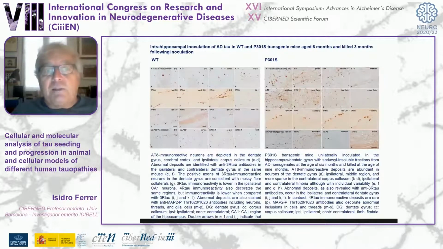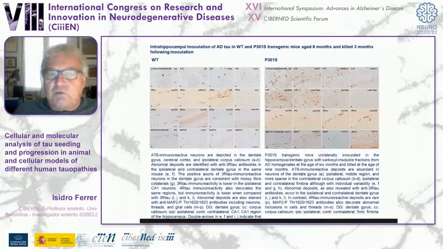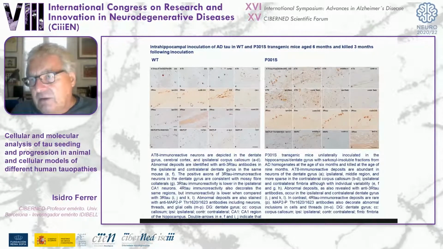Well, when we are injecting wild type, you know what happened. We have demonstrated before what happens with this kind of deposits in other models. Here it is by using Alzheimer's tau. An important point is, for example, this picture in which 3R and 4R tau are indicated. So 3R tau is much more abundant than 4R tau. And here is another important point: when we inoculate the tau in the ipsilateral hippocampus, in the dentate gyrus, we observe the uptake of abnormal tau, but this uptake is also observed in the contralateral dentate gyrus.